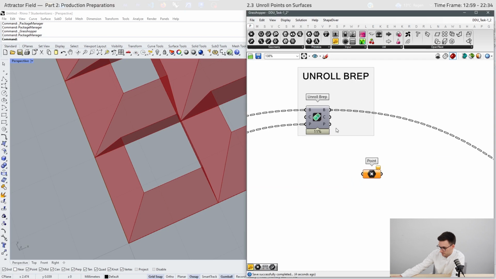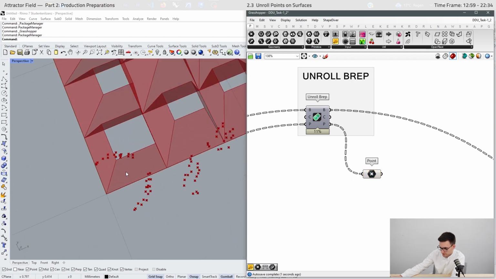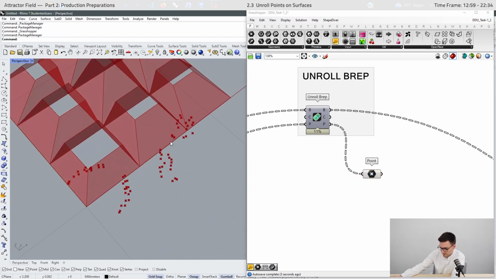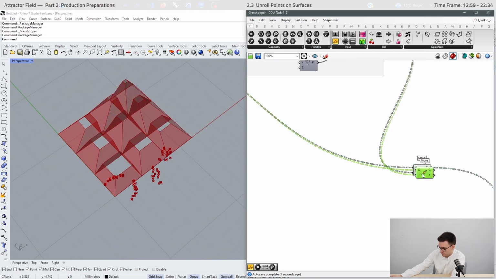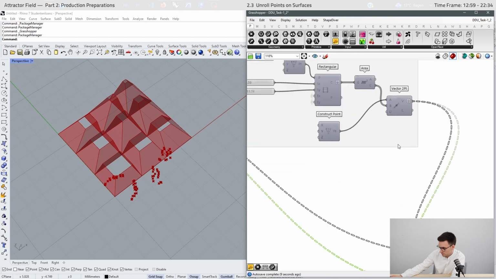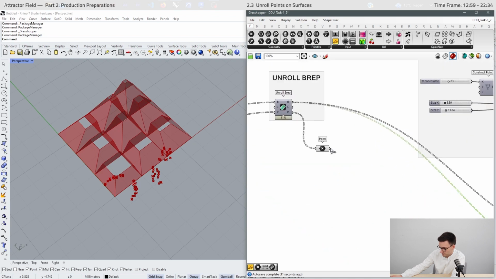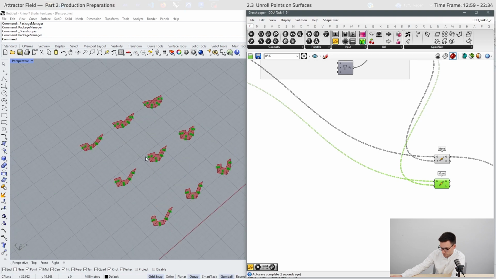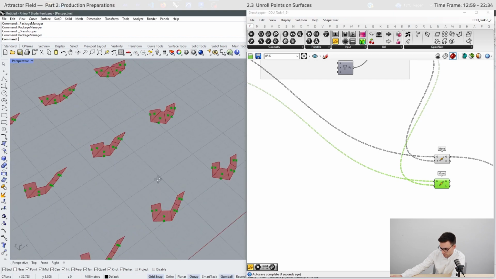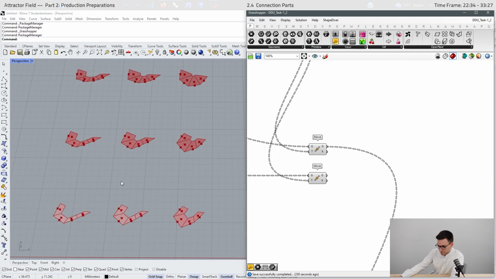We can display them. They are unrolled on the origin. And now we test it with a move component. We just copy and paste this one and connect our points. And now we should see our points. Yeah, it worked.